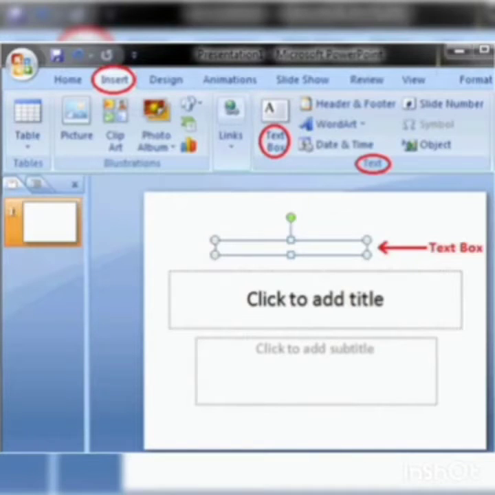Then step 3, click on the text box, which is circled in the Insert toolbar. Now click on the slide where you want the text box to be placed. As you can see, it is shown by the arrow. It is called a text box. So you have to follow the steps.